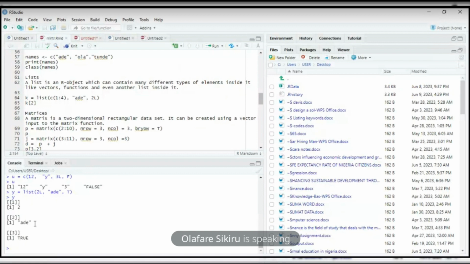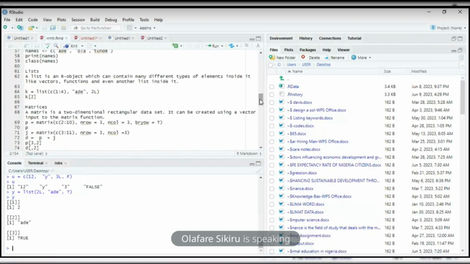Then we can move to matrix. You can use the R programming language to perform matrix operations as well. A matrix is a two-dimensional rectangular data set. It can be created using vector input to the matrix function. What are the dimensions of a matrix? Row and column. So it is just two-dimensional. Now, if I want to do a matrix, I can say E is equal to matrix of